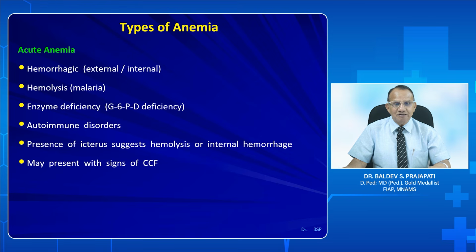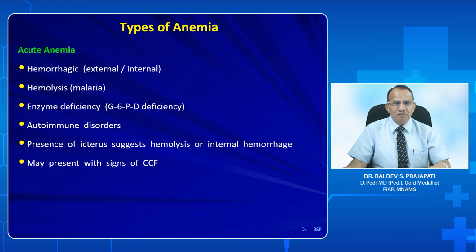Acute anemia, suddenly developing anemia, is most commonly due to hemorrhage. That hemorrhage may be external or internal, or maybe sudden hemolysis in the case of falciparum malaria, or G6PD deficiency with hemolysis precipitated by some drug or other factors. Autoimmune disorders can cause sudden hemolysis. Presence of icterus suggests that there is hemolysis or internal hemorrhage. It may present even with signs of congestive cardiac failure, because in acute anemia the heart does not get sufficient time